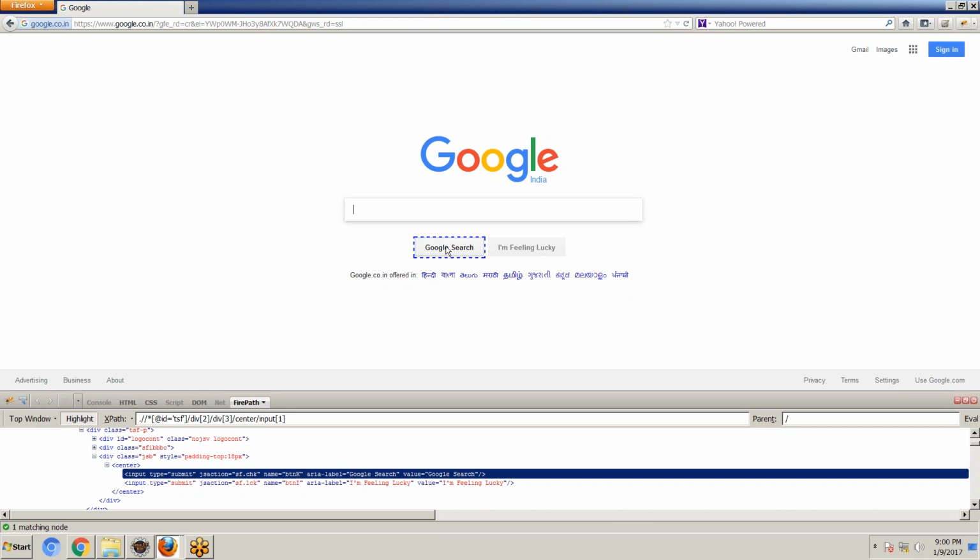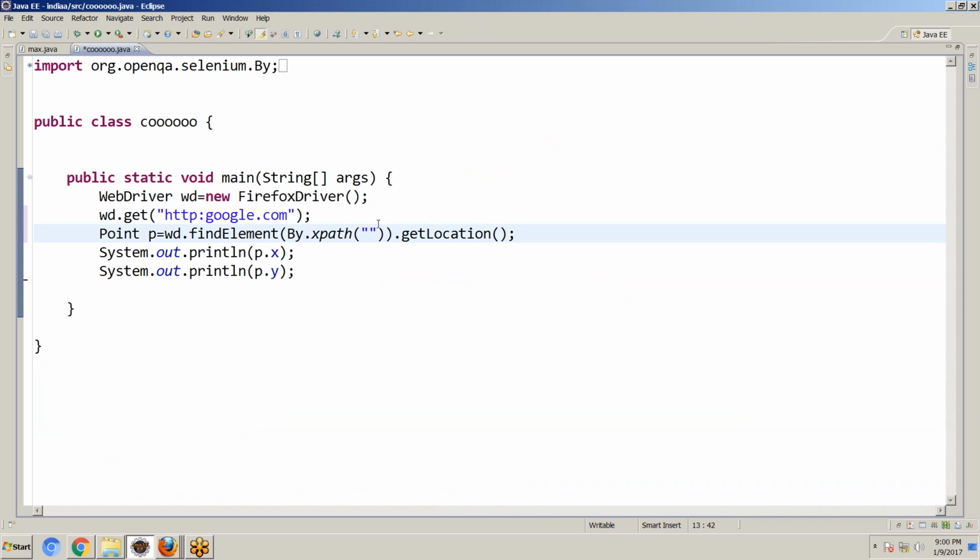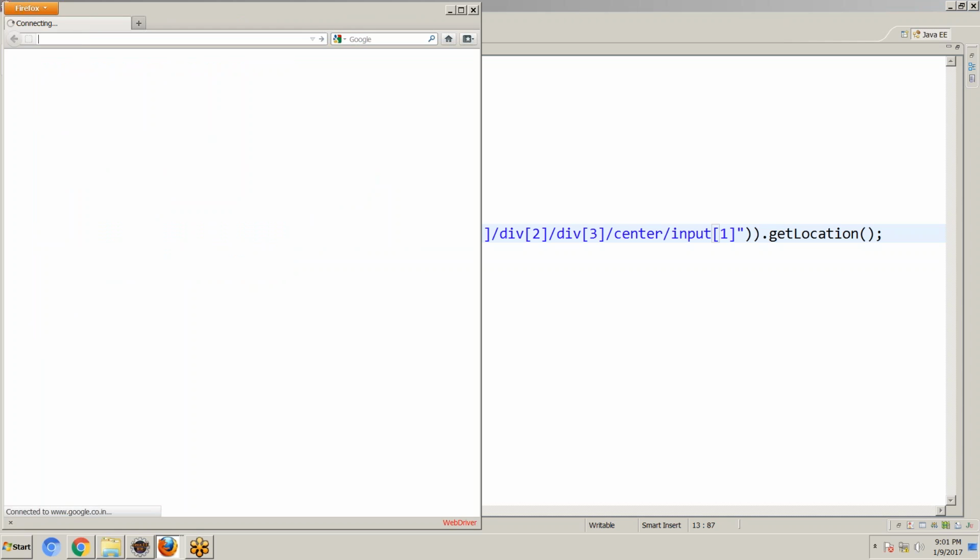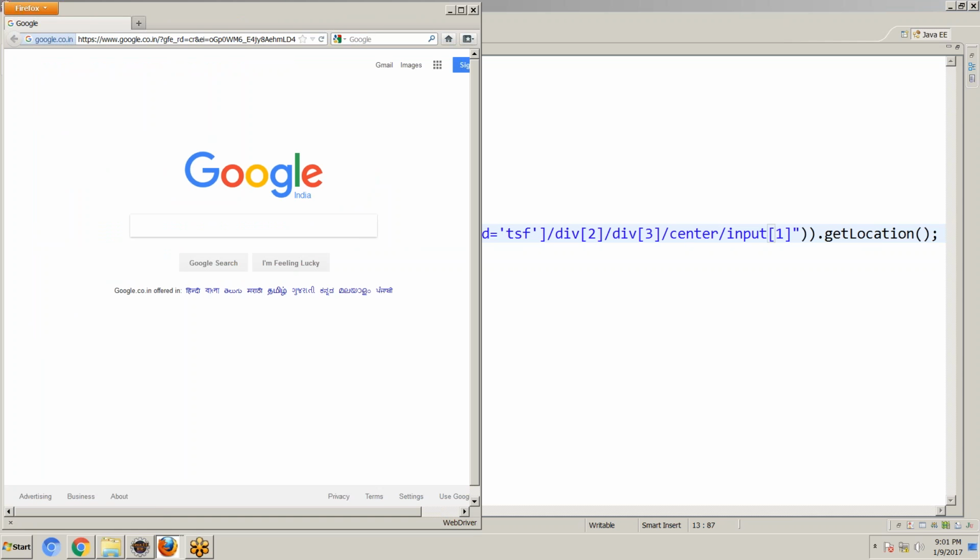I want to find out exactly where the Google search button is located. Save, click on run.